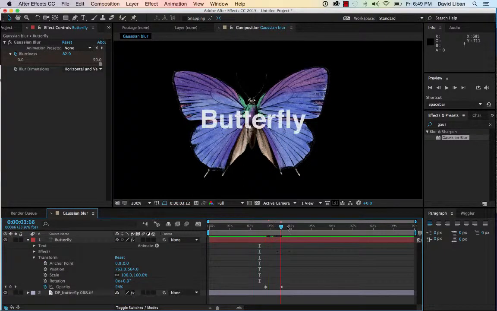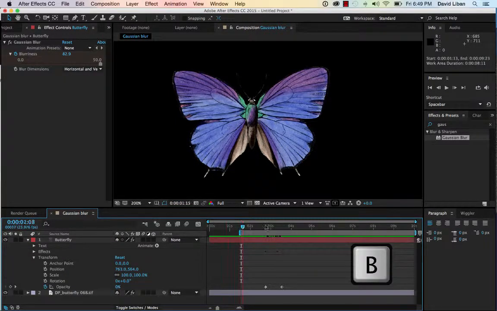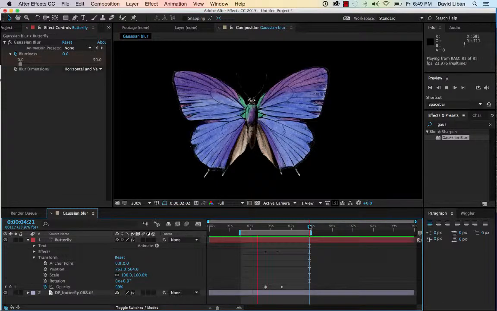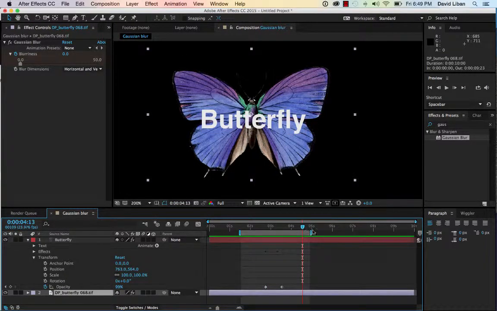All right, so now this is what it's looking like. I'm hitting the letter B to begin my work area and the letter N to end my work area. And now let's do a pre-render. Pretty good. And so when I get to this part, maybe what I want is for the butterfly to now